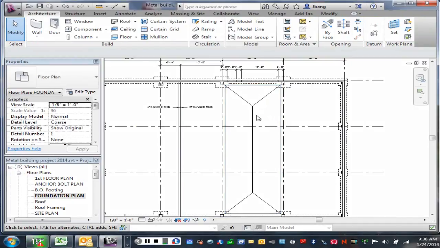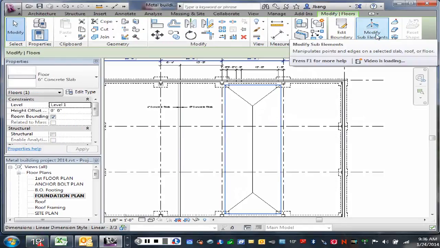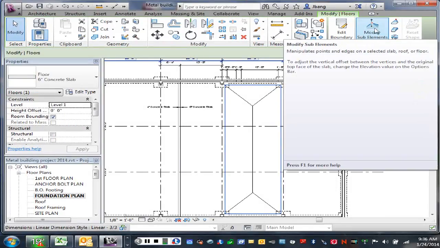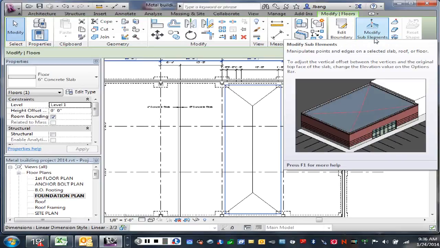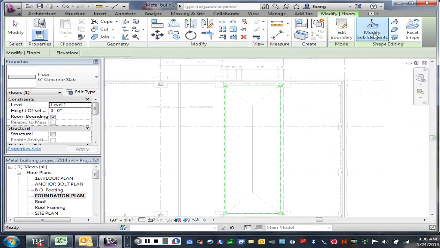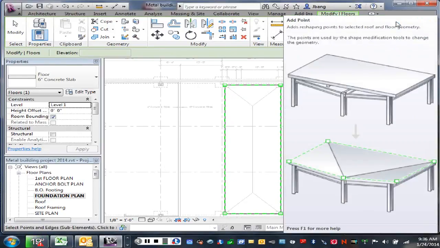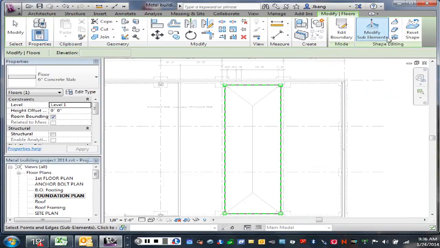Now I want to click on this interior slab and I want to modify the elements of the slab. In other words, if you see in the diagram there, I'm changing some of the heights of the slab. I'm going to click on that. It gives me these corners with the grips on them, and I want to add points, which will taper that slab. Okay, so I'm going to add a point right here,